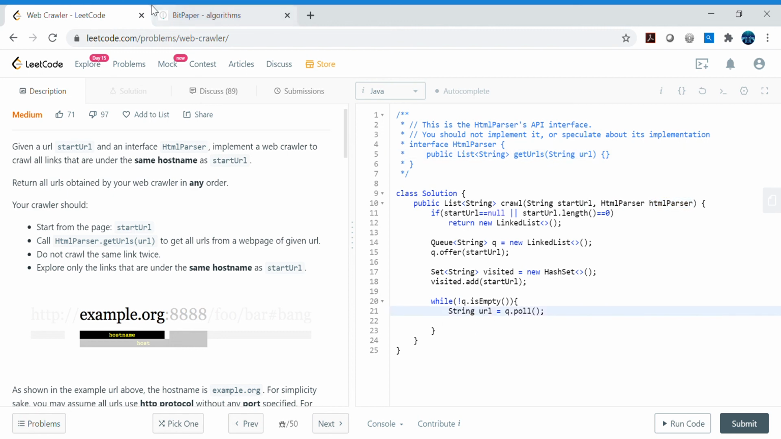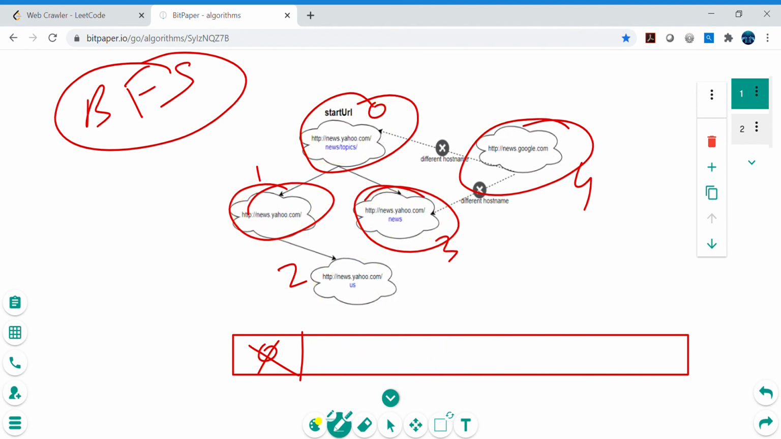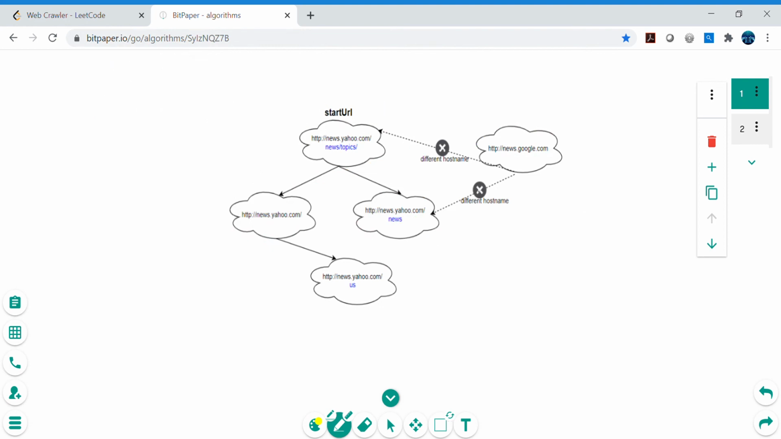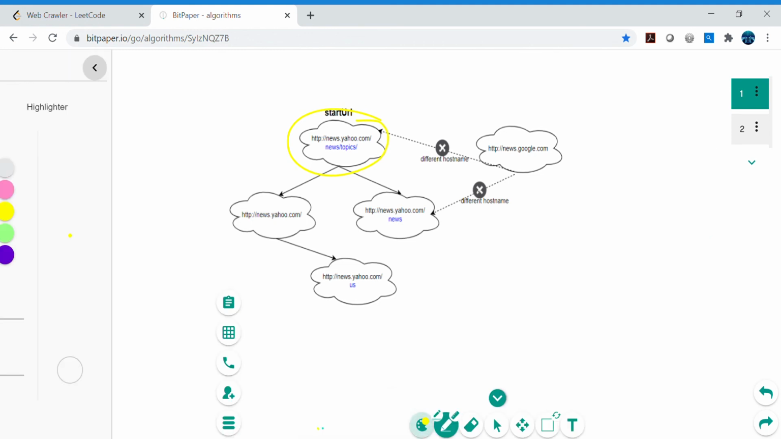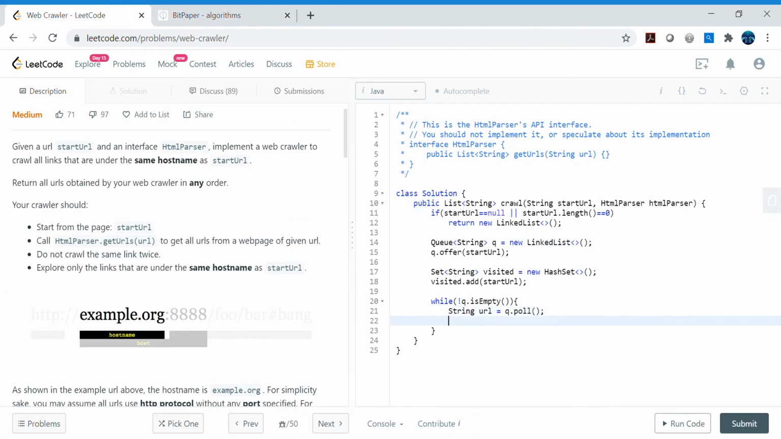to get the list. So remember when we were doing it on the whiteboard, when we are starting with any node, right? So if I undo all these things to clean it up, once we are starting from this start URL, then what we were doing, we were calling that API, and that API was returning these 2 connected URLs. So that's exactly what we are going to do here. So this API will return us the list, so list of string URLs,